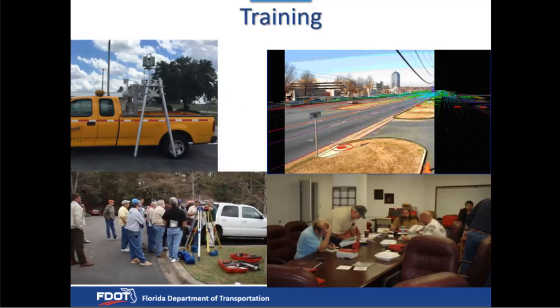One of the other major functions of survey is to provide training to the district. Besides that, we also provide equipment to help the survey groups in the districts to perform various types of surveys. We provide them with training on how to process from the FPRN. In addition to the local survey equipment that we've provided, you can also see there in the upper left corner,